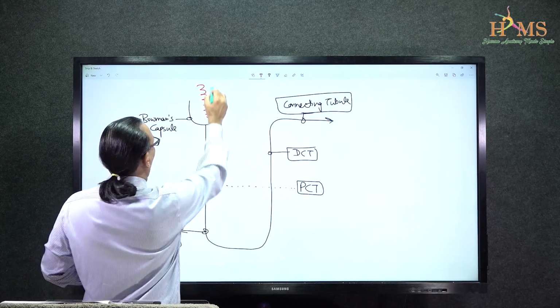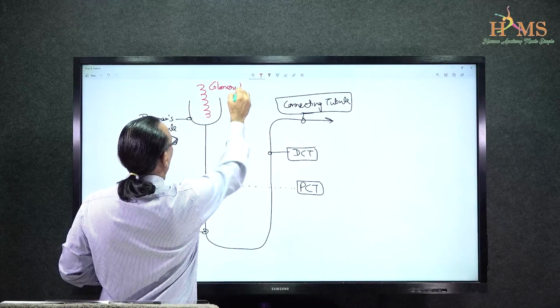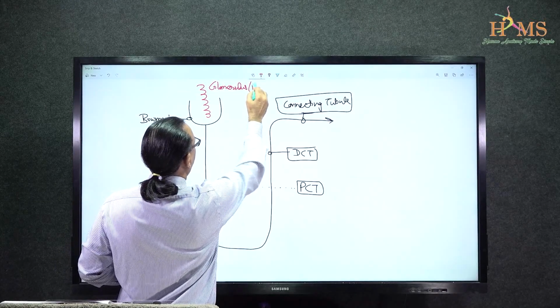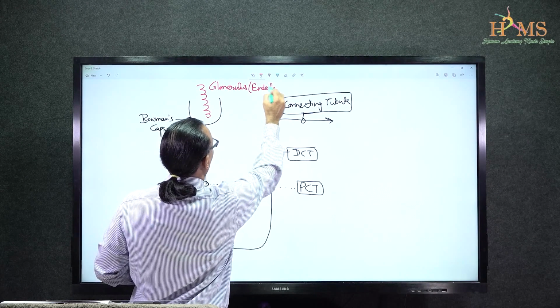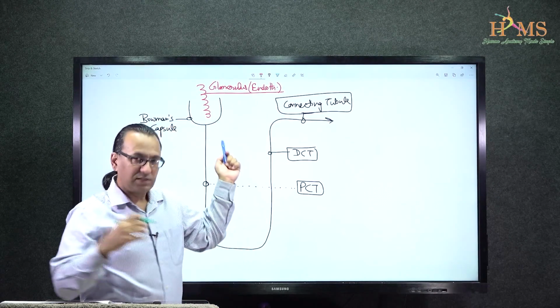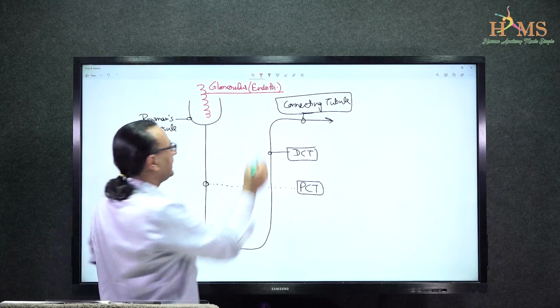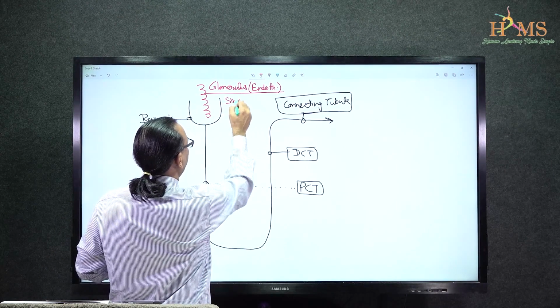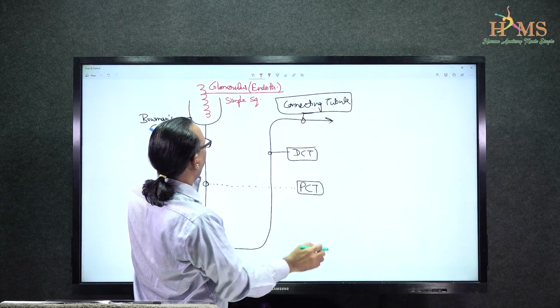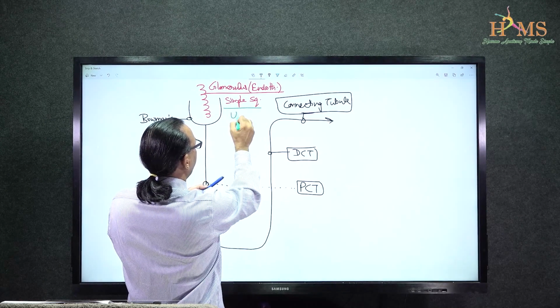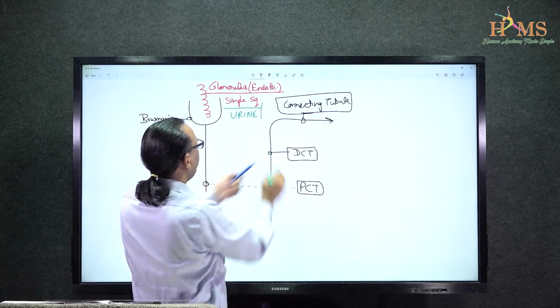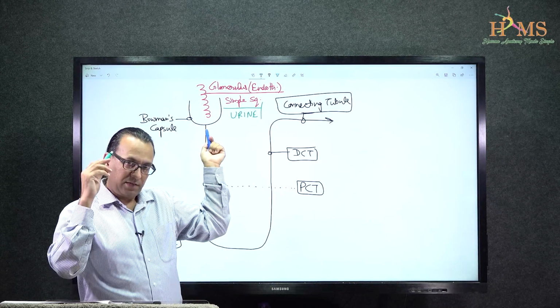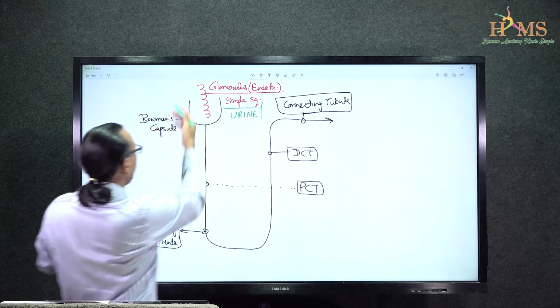of capillaries called the glomerulus. And this glomerulus is lined by endothelium, and that endothelium is simple squamous epithelium, and it is fenestrated, as we said, because we need an ultrafiltrate of blood forming here, called the urine. And this urine will be then collected by the Bowman's capsule. Now this Bowman's capsule